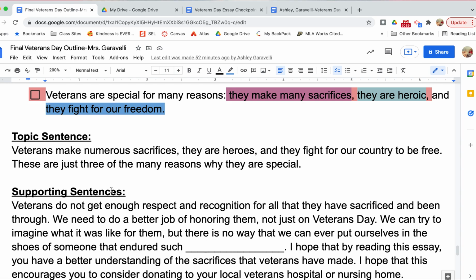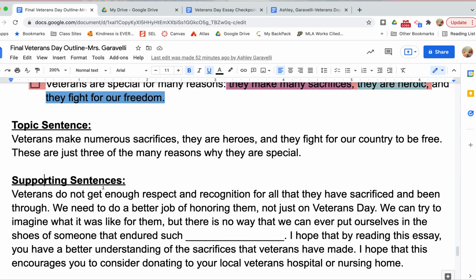Then, after you do that, you're going to press return a couple times and write supporting sentences, bold it, underline it, and put a colon. This should be, in my opinion, kind of the easiest part of your whole essay, because this is just where you are going to tell your reader what you want them to do next. Now remember, when I say you're telling them to do something, you're not being mean and forcing them to do something.